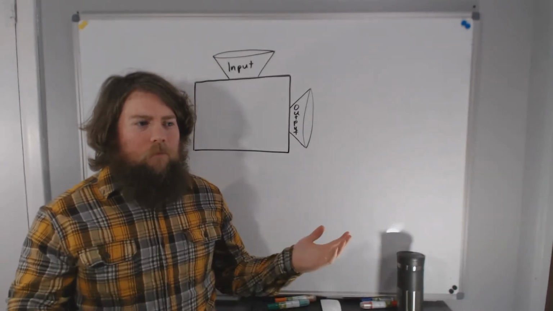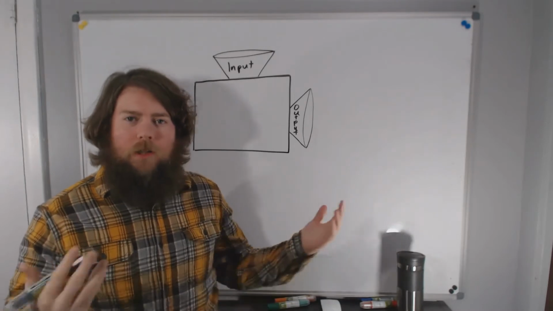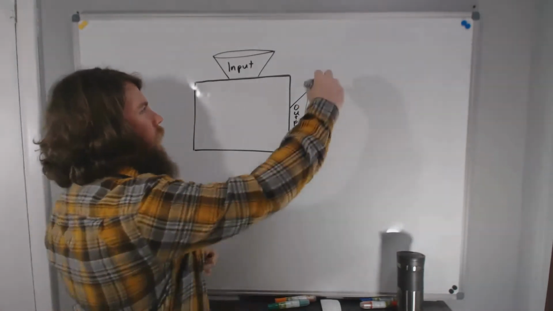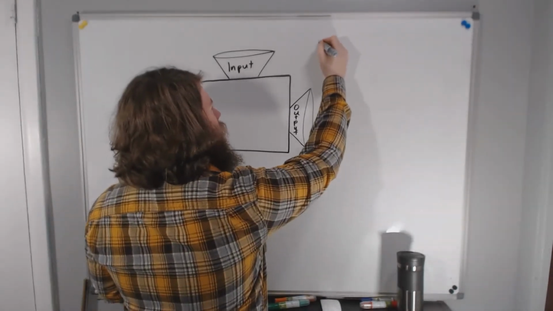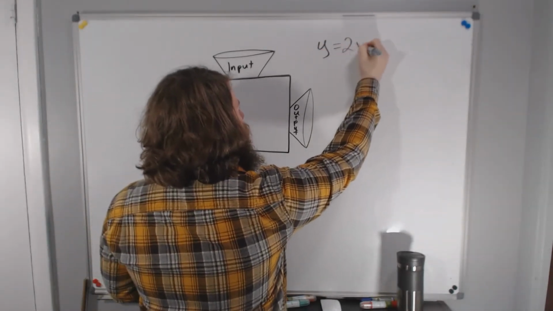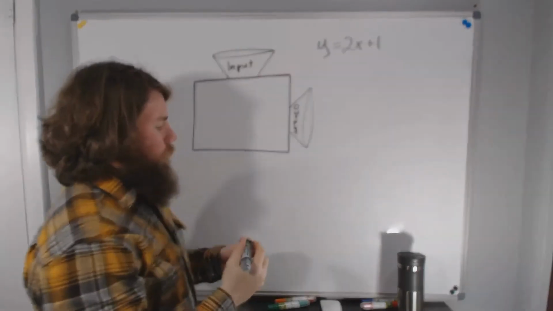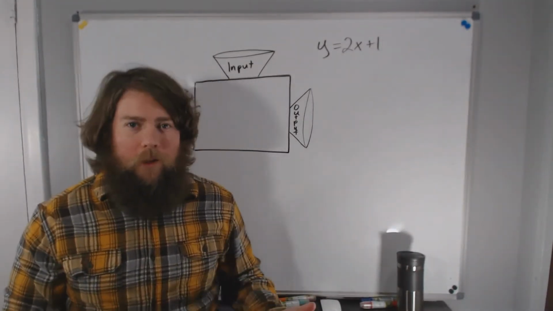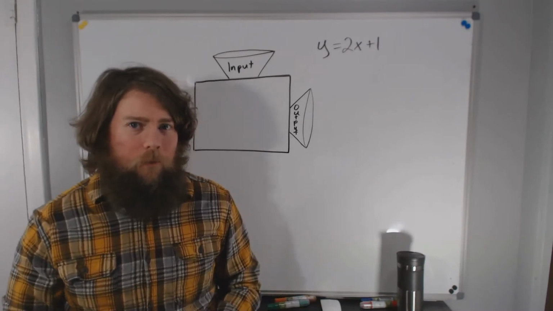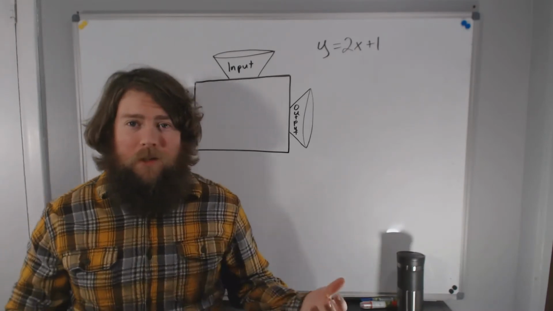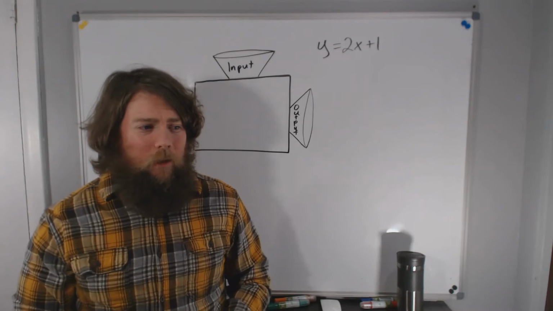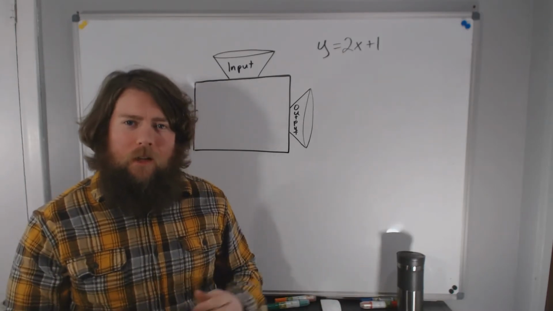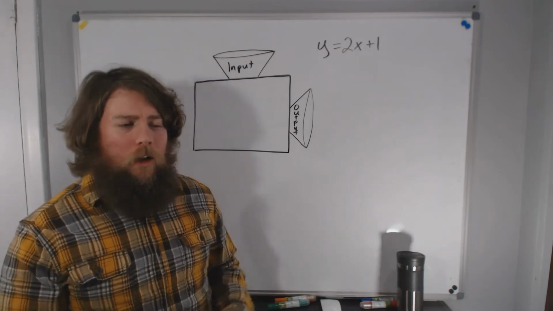Let's just look at some linear equation that we've seen 100 times before. Let's look at the linear equation y equals 2x plus 1. So we've been looking at this through the lens of linear equations. We have a linear equation in slope-intercept form. So if we wanted, we could plot this on a graph, right? And we would get a straight line. To see how this is actually just a function,